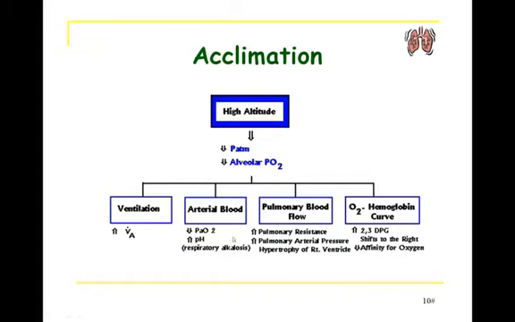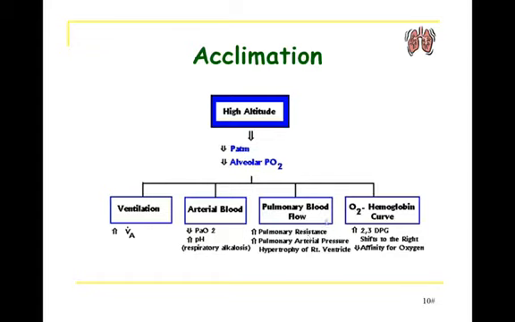Another thing that will happen is pulmonary resistance will increase because of pulmonic hypoxic vasoconstriction. If the partial pressure of oxygen in the alveoli gets too low, you're going to have vasoconstriction of the vessels serving those alveoli, which can increase resistance. Now, over time, obviously pulmonary arterial pressure will also increase, and in some people who have been at high altitudes for a significant period of time, it can result in hypertrophy of the right ventricle because that right ventricle has to work harder.